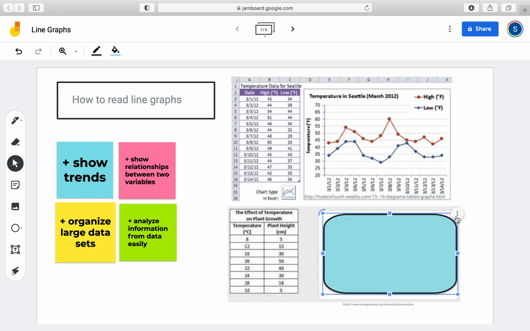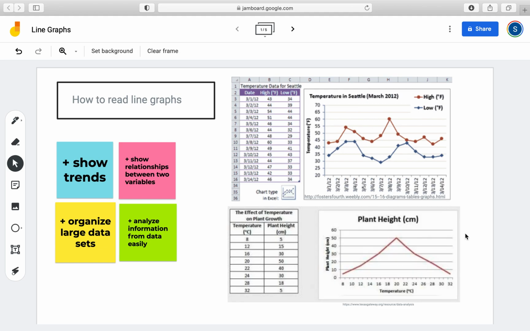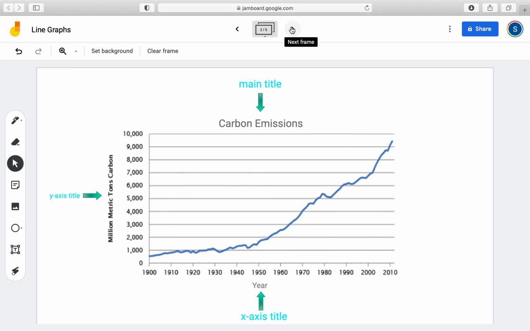However, if you graph it, it will give you a better picture showing you the relationship between temperature and plant height. So again, graphs help show relationships and analyze information from data in an easier way. So this is a graph from the lesson, and I'm going to go over the steps on how to understand